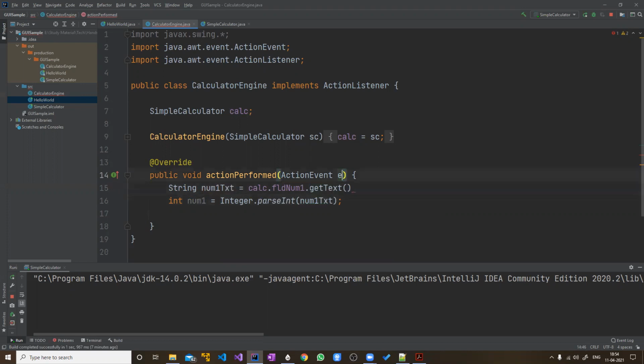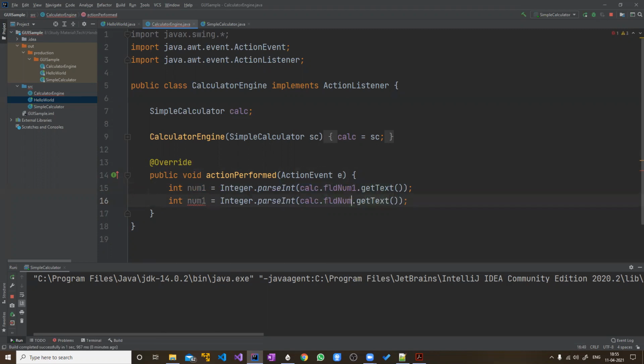So instead of doing it in two steps, this itself we copy from here and pass it as input to this parseInt function. Just a short method of writing the same thing, basically function of a function, you can say. Similarly, you will do for the second number as well.